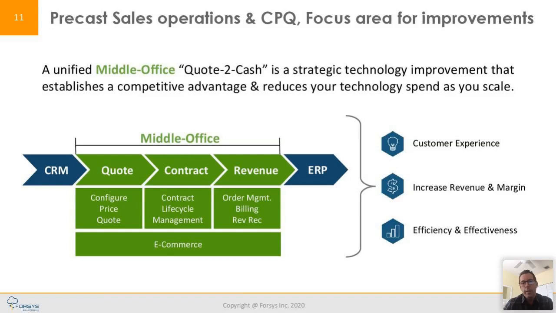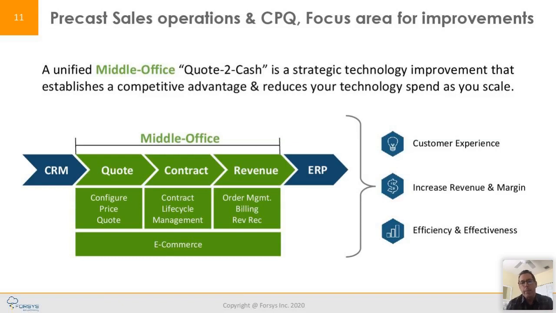To be clear, these do not take the place of your ERP. A lot of times you just need to augment certain things that your ERP does not do well within the revenue pillar. And so sometimes handing off some of these processes to the middle office makes a lot of sense. It can be extremely expensive to manage an ERP as well as to make changes. And the flexibility in the middle office really allows that to be done a lot more competitively.